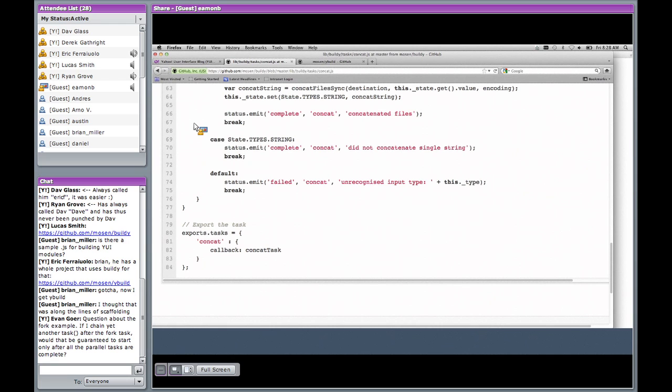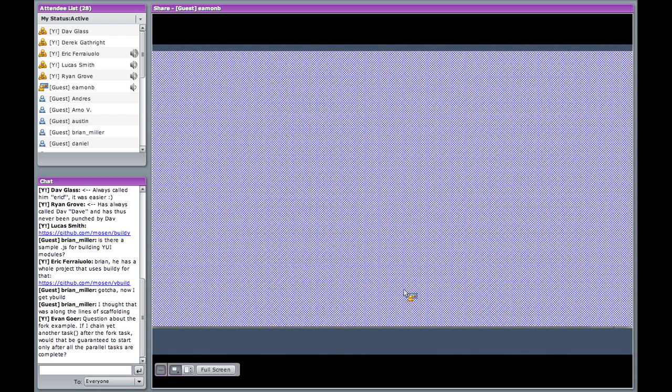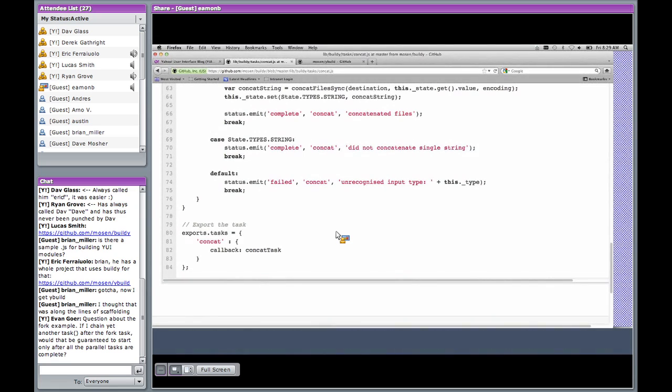So Evan is asking in chat, just a question about the forked task. If you call the forked task, then another task is after the forked task, is that task guaranteed to execute after both of the forked tasks, in your example case? Okay, that's the intended implementation, but if you see in all of my examples at the moment, the fork task is basically the end of the line for that particular queue. So at the moment, there isn't chaining on the end of a fork task, but there definitely will be in future. Okay. All right.